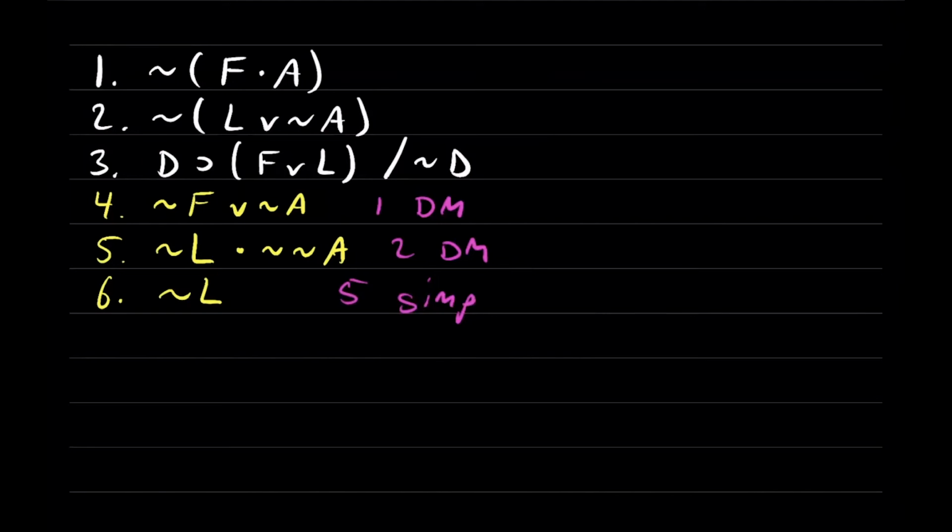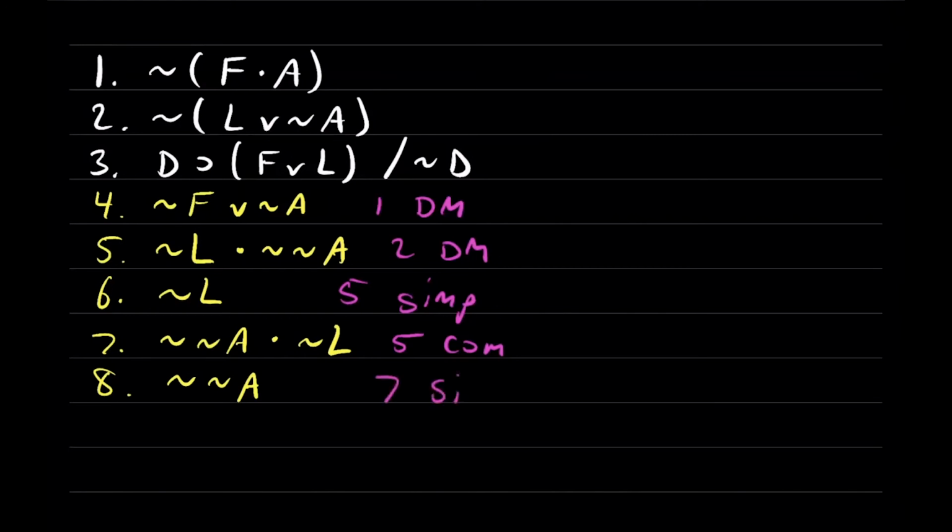I just first need to do commutativity to get not A on the left. So let's do that. Let's rewrite line 5 as not A and not L, just switching around the order of that conjunction so we can simplify it and get not A on its own line. That's going to follow from line 5 by commutativity, COM. Okay. We said we did that so we can get not A on its own line. And that's going to follow now from line 7